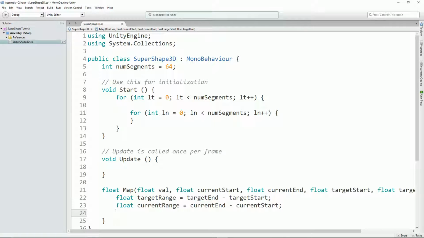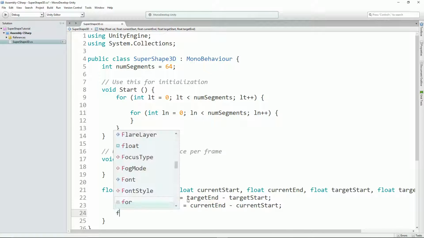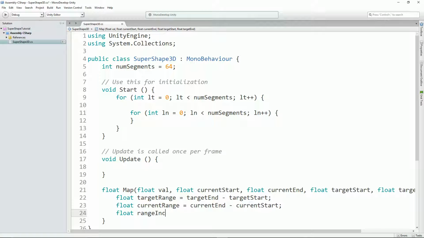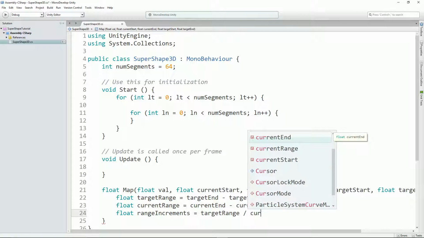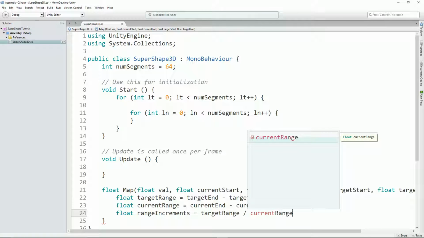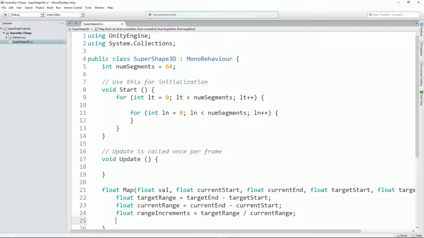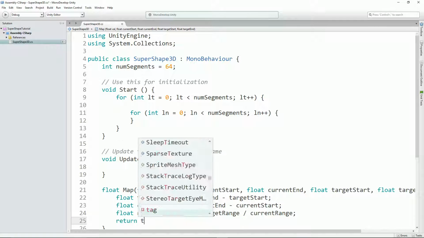So from that we can work out what the increments are. So what one increment of the current compared to one increment of the target is. So I think if we just say range increments equals target range divided by current range. Okay, so that's saying for each additional value here, what does that take our target up by? I think that's right. And then finally we're going to say return target start